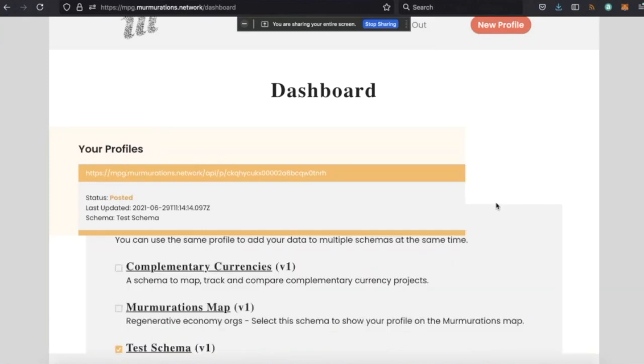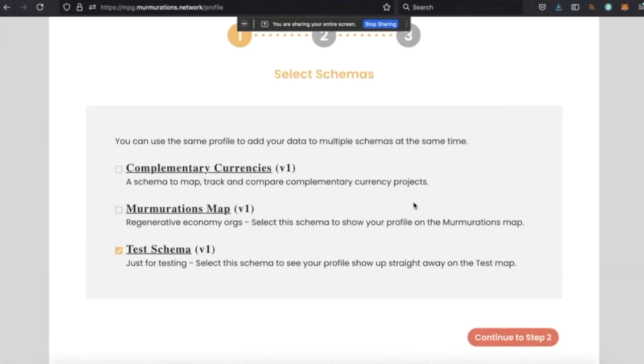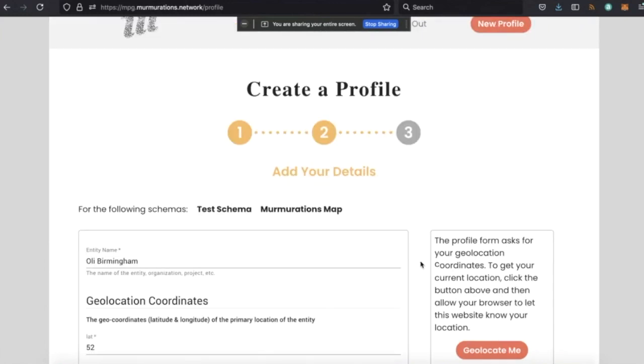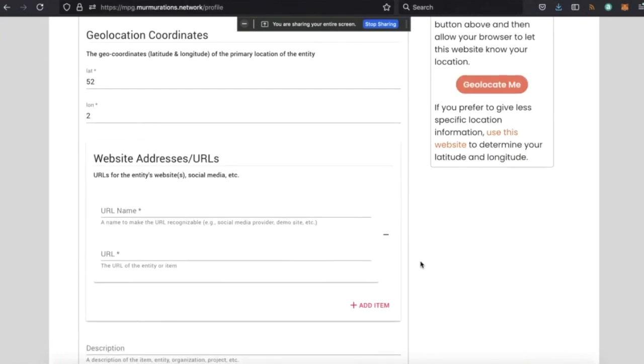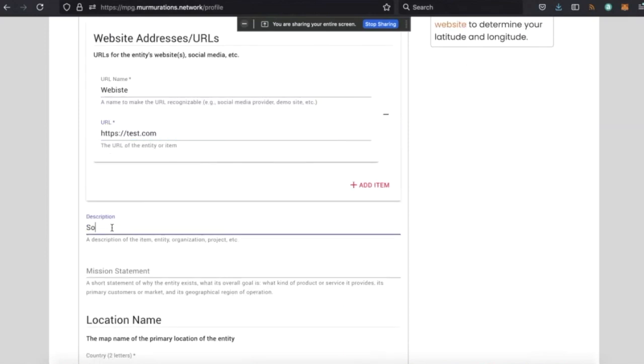So again, if we just come back and we want to update this test that we did and now make it fit against both schemas, the Murmurations map and the test schema, if we edit it, then we come in and you'll see now we get asked for additional information. So I will have a website and call it HTTPS. It's not going to like that. There we go. And some description